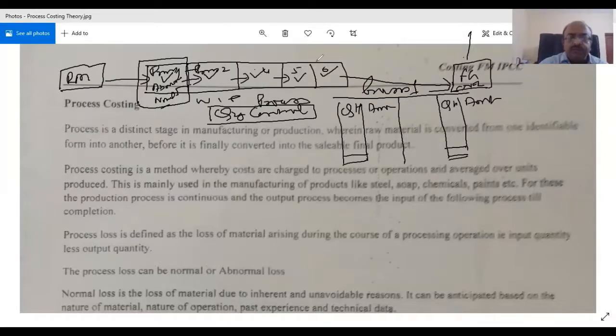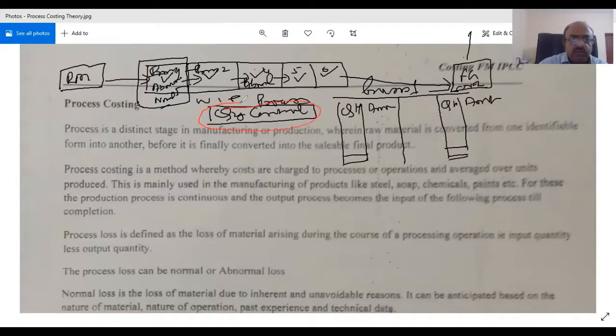So with this background, we will try to understand the theory, then we will start doing the problem, because with the problem only we will understand it. There's no point in talking theory in this. You have to understand by doing a very simple problem wherein all these factors are involved. There can be a situation where in the third process there might be not abnormal loss but abnormal gain also. So we have to see how that is to be handled. But the most important thing is this.